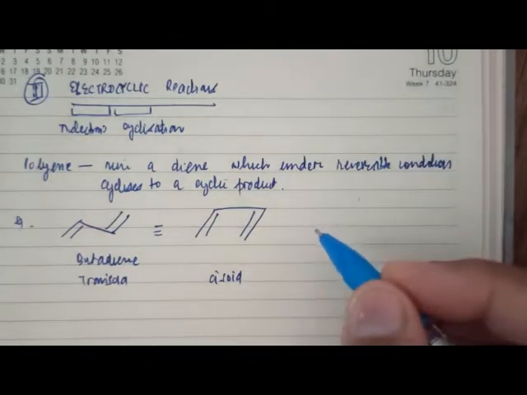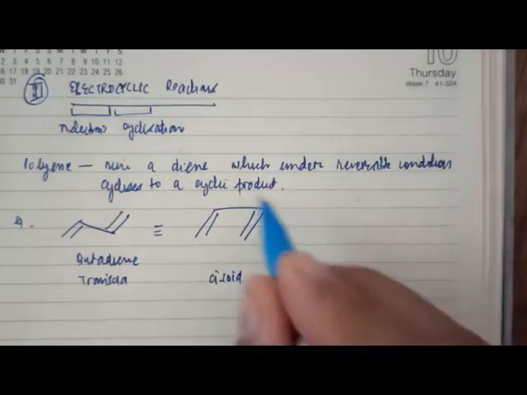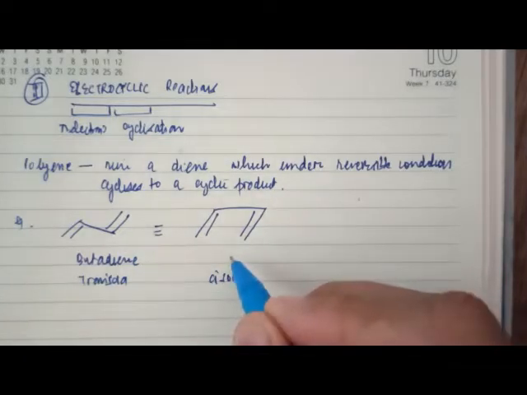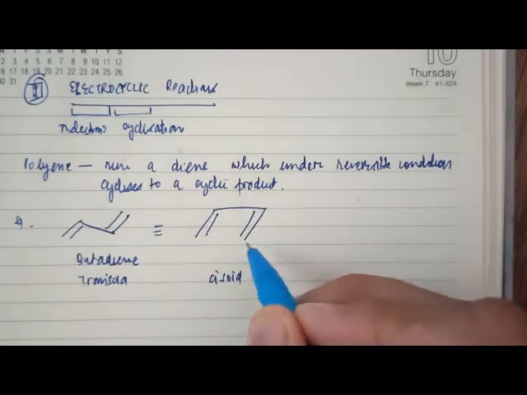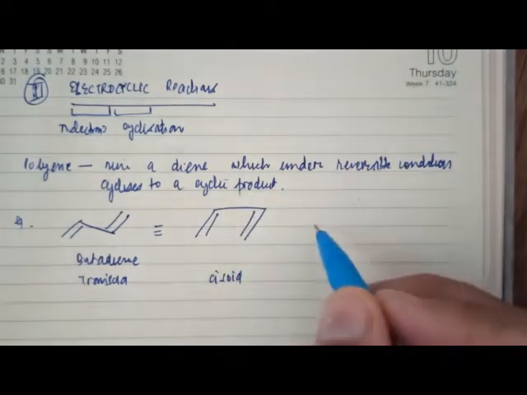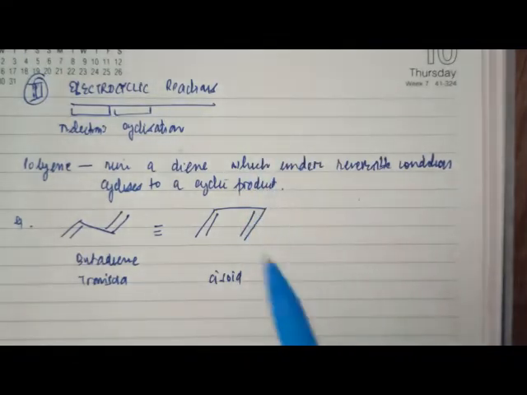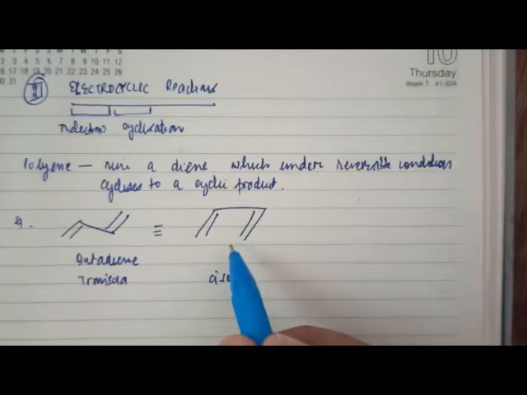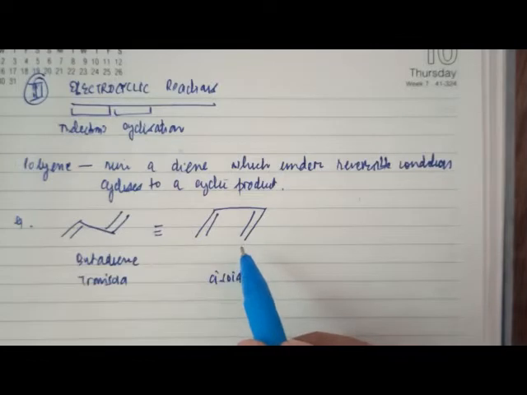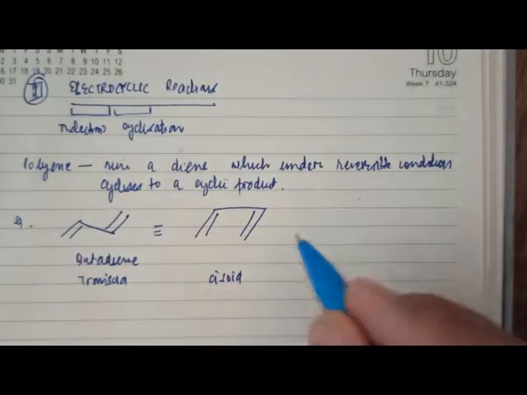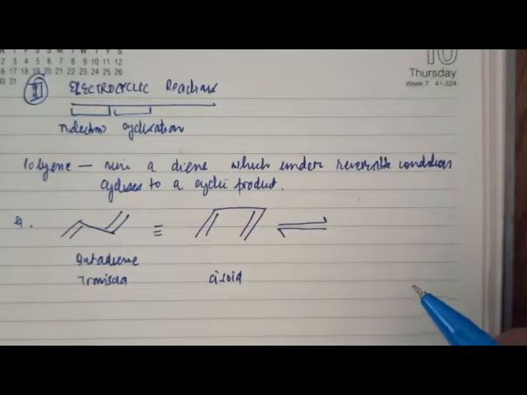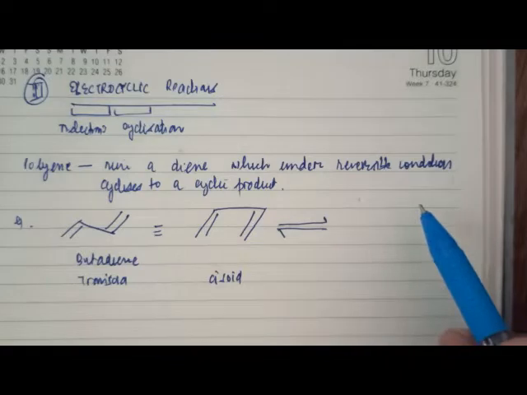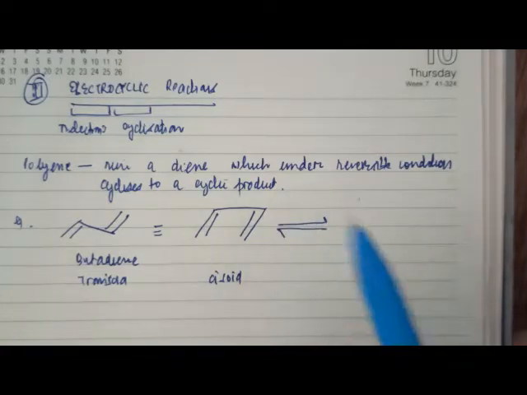Now, in electrocyclic reactions, we don't have two reactants here like cycloaddition reactions, only one reactant is present, and that reactant should be a conjugated polyene system. The minimum is a diene, it can be a triene, a tetraene, and so on. In that conjugated polyene system, the pi electrons will reorganize themselves in such a way that this will lead to the formation of the cyclic product. So how do we write the cyclic product in electrocyclization reactions? Like this. Remember, these are reversible reactions. That means if an acyclic compound can cyclize, the cyclized product can open up to the acyclic part. How do we write the product?